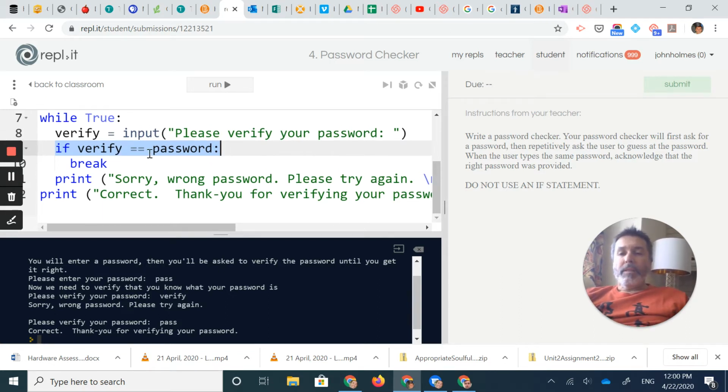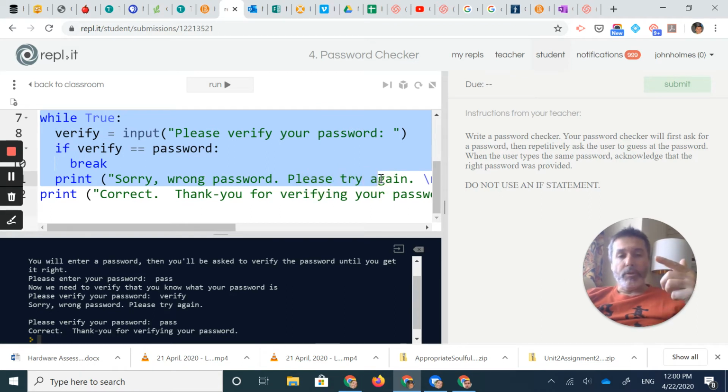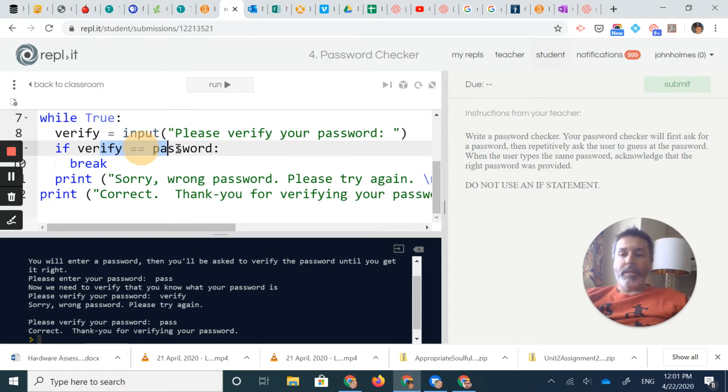So this loop executes unconditionally. It's a forever loop until this condition is true. Well, true is always true. So what I need to do is check this condition and throw that as my condition. And so if the password is equal to true, then this will continue. Or really what I want to do is I want this to continue every time that the password is not true. So what I can do is I can say,